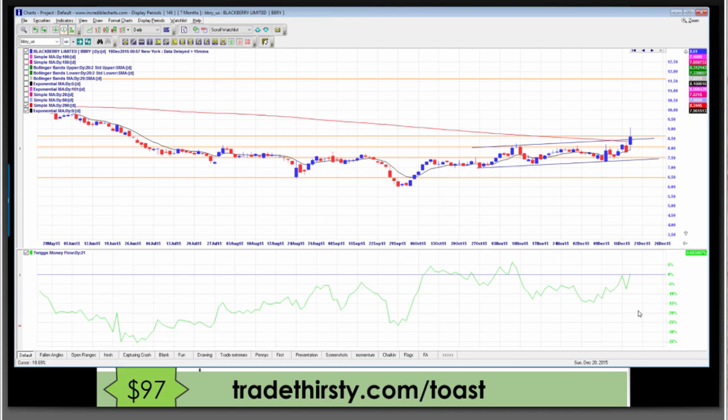So my comment would not be, hey, I'd short the hell out of this, could be a head and shoulders, nor would it be that, and I would probably need to adjust that. So you've actually got a rising wedge here, or even an ascending triangle. My concern is that the money flow is negative, but it's crossing positive. So what you've probably got here on BBRY is an ascending triangle, in which case you'd need to measure the